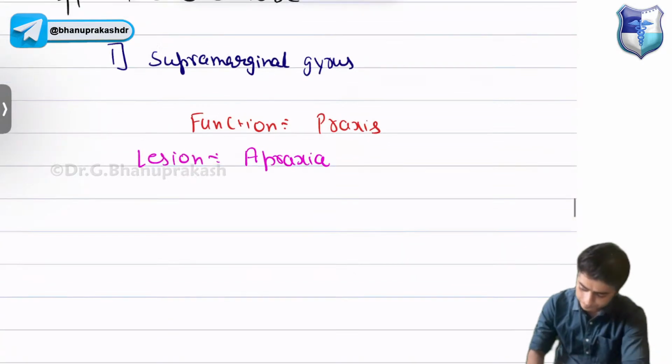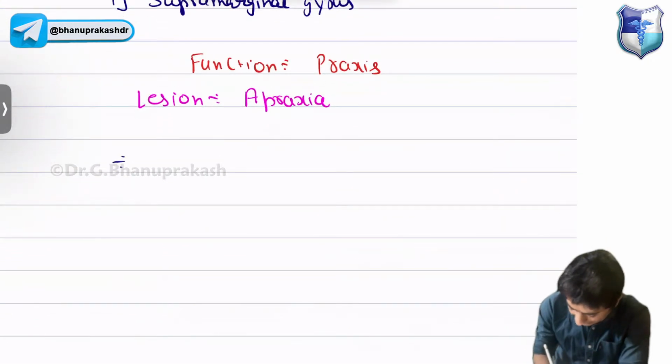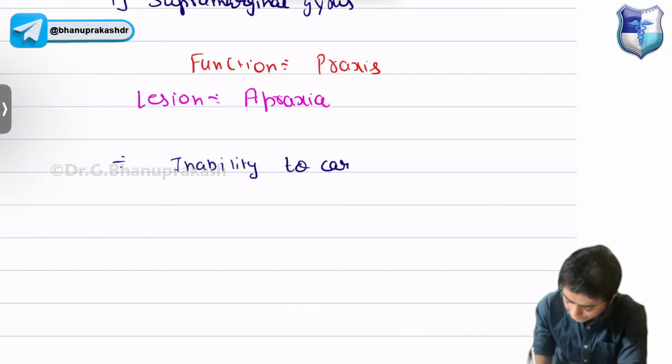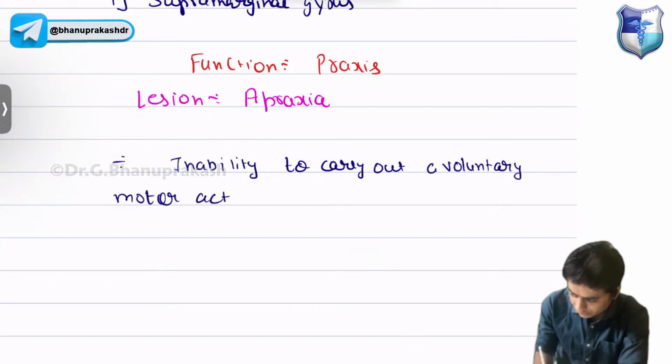So see, apraxia means it is the inability to carry out a voluntary motor act in the